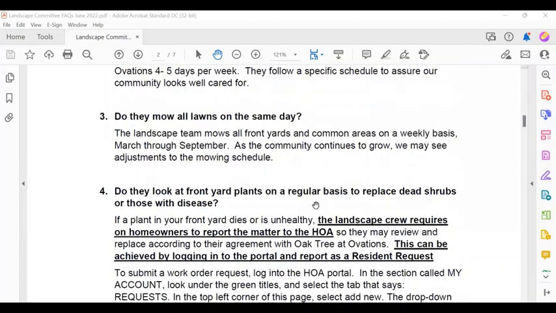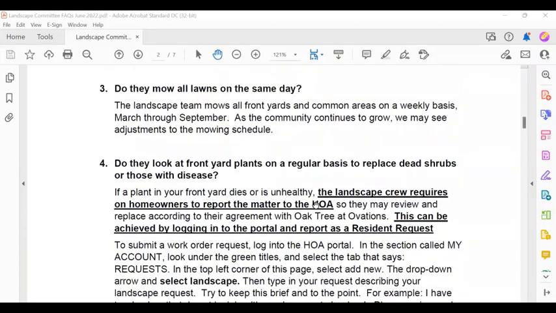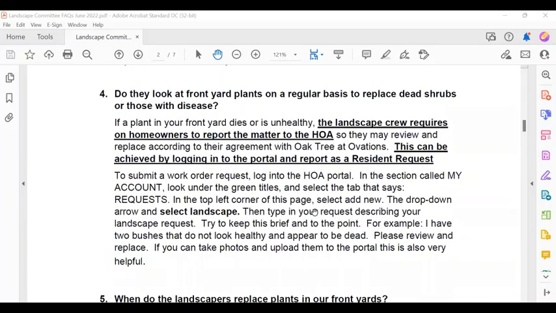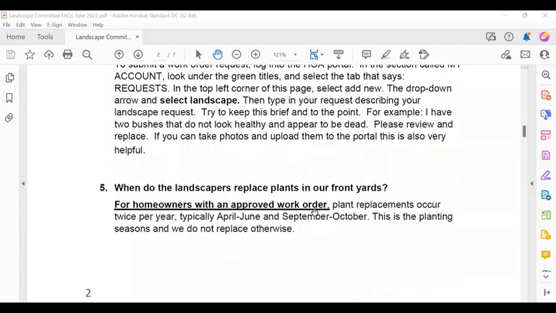It talks about mowing of the lawns and front yards, as well as replacing dead shrubs and those with disease. And we do order plants quarterly through the time of March and October. So no plants are ordered or planted after that time. We also don't plant any new plants in the ground when it's extremely hot temperatures. And that's just so that we don't end up having to replace a plant and then go ahead and replace